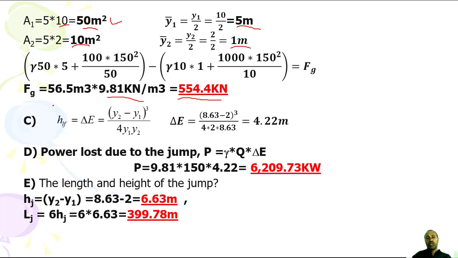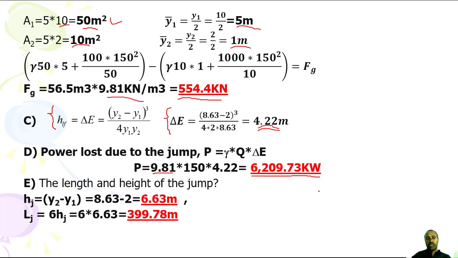Then again, you can have energy loss, which is HF. Change in energy is Y2 minus Y1, the whole cube over 4Y1Y2. Then finally, change in energy will be this one, then 4.22 meter you can find. Then power loss due to the jump is gamma Q times change in energy or the energy loss. If you multiply, then unit weight is 9.81 kilonewton per meter cube, then we will find in kilowatts. This is the power loss due to the jump,